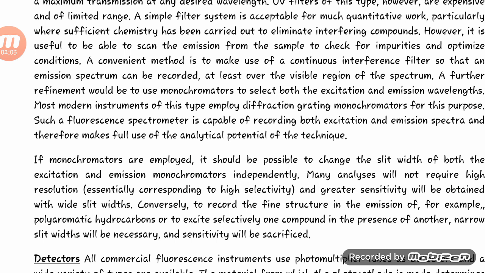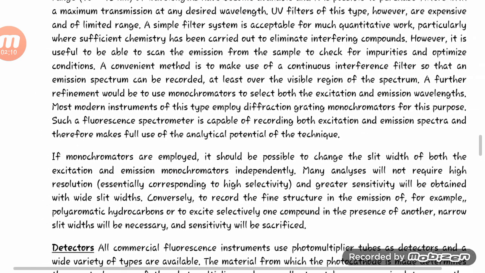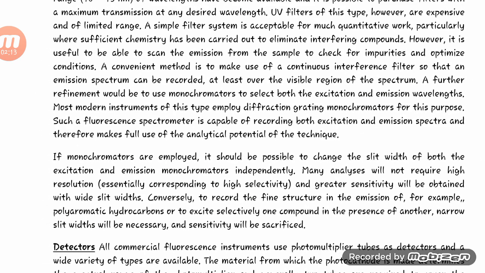A simple filter system is acceptable for much quantitative work, particularly when sufficient chemistry has been carried out to eliminate interfering compounds. However, it is useful to be able to scan the emission from the sample to check for impurities and optimize conditions. A convenient method is to make use of a continuous interference filter so that an emission